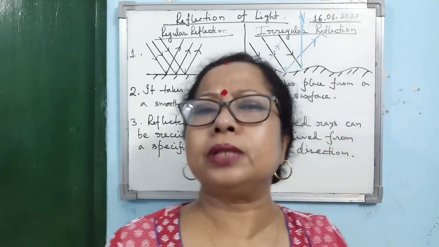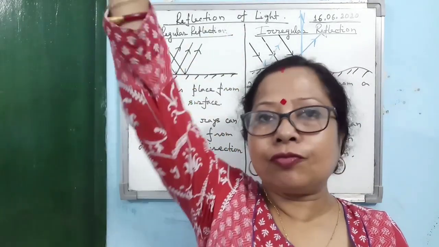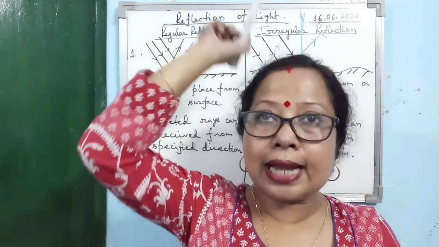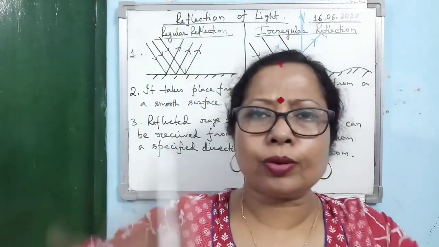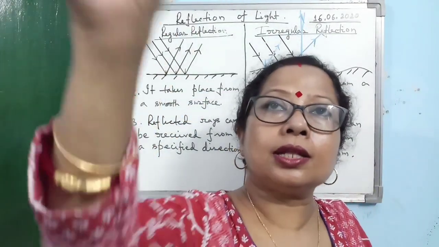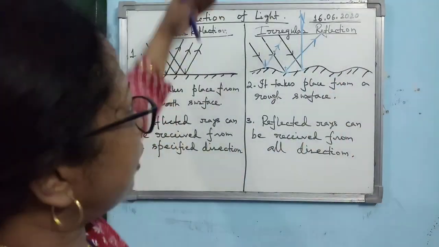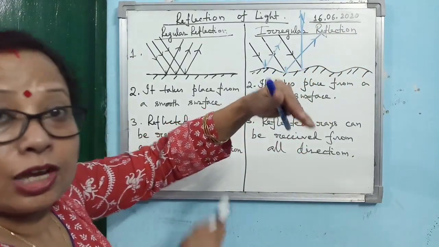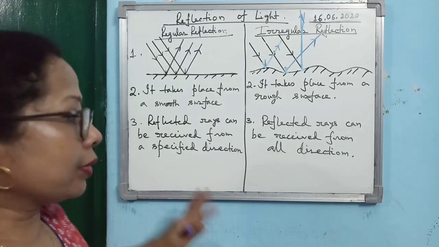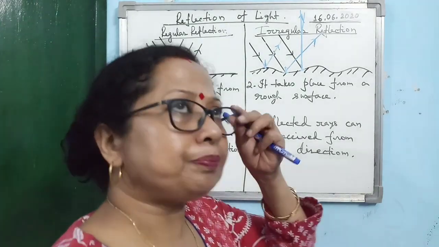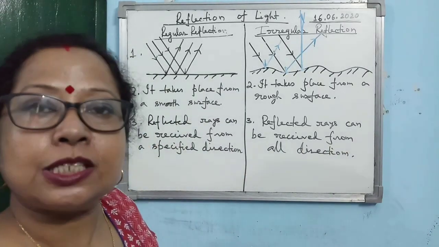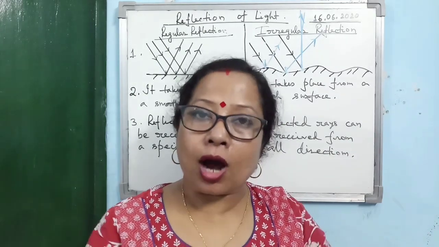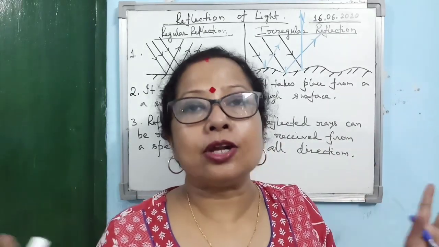Now, if the white screen used is a plain or smooth surface, then what will happen? I hope you have observed that from above, above the head, there is a small opening. From that opening, light comes, whatever movie is going on, and it falls on the screen. Just understand it: from this direction light is coming, so after reflection, the light will come in this direction. If it is a plain surface, the persons sitting in that specific direction will be able to watch the movie. In the hall, from all directions, you cannot watch the movie.